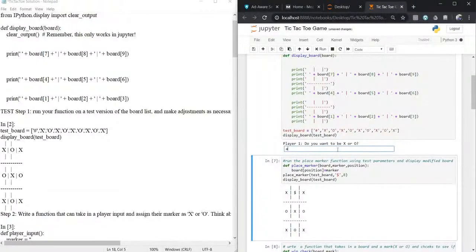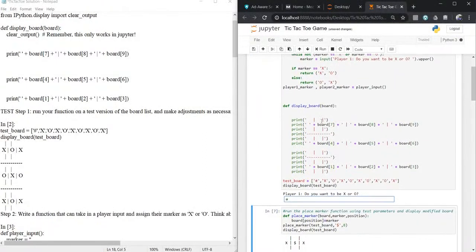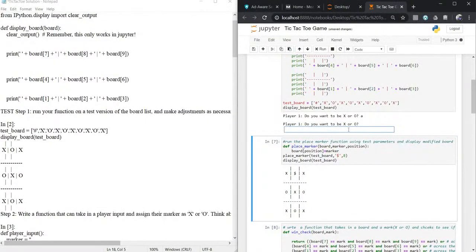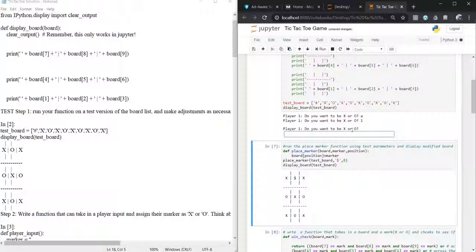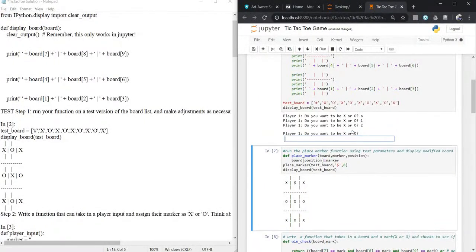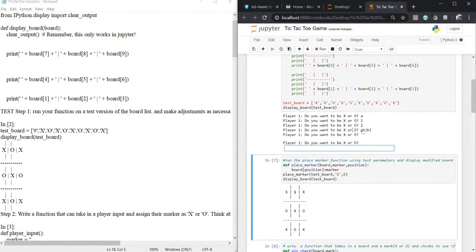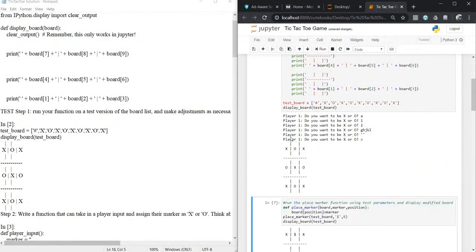Suppose we assign it as a. What I was telling is that this step should not accept any other input. So let's suppose a. It will again ask whether you want to be x or o. It will not accept any value except x or o. Let's suppose numeric 1, or 2. It will not accept it. It will not accept anything, like a string. No, it will not accept anything. It will accept only x. So this will be the output. Player 1 will be x, and here is how my test board is looking.